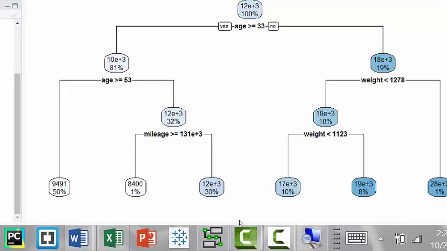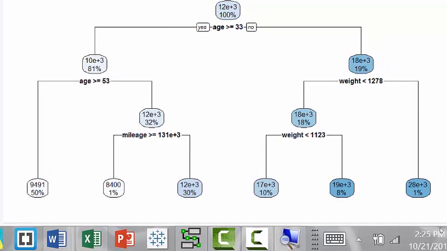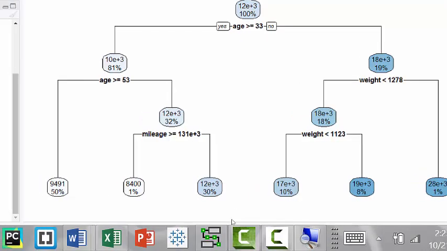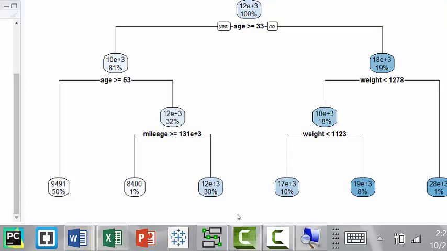Remember we discussed that earlier. How do you interpret all these percentages? If you add them together, that's everything. It should be 100%. So 50 plus 1 plus 30 plus 10 plus 8 plus 1 should be 100, right? So this node contains half of your data set, 500 cars essentially, okay? And this is the prediction. All these cars are predicted to cost $9,491, okay? So as long as the age of the car is more than 53 months, this is your prediction,